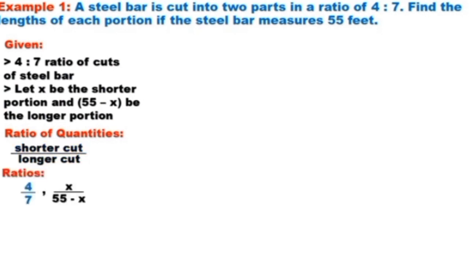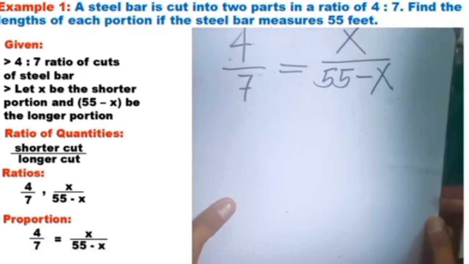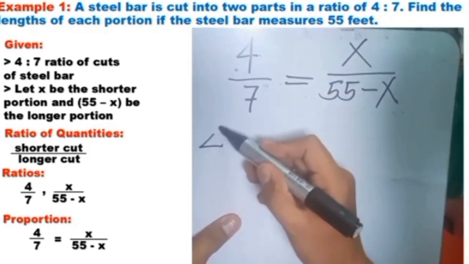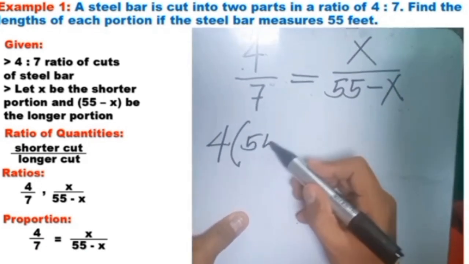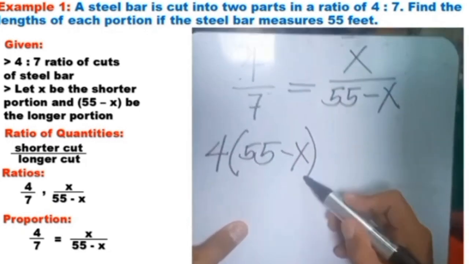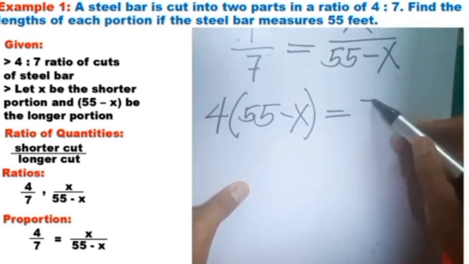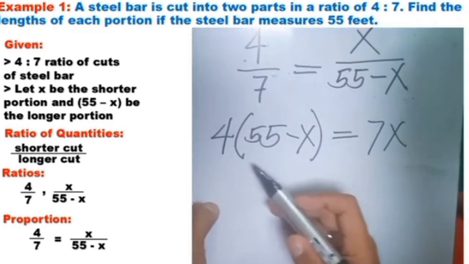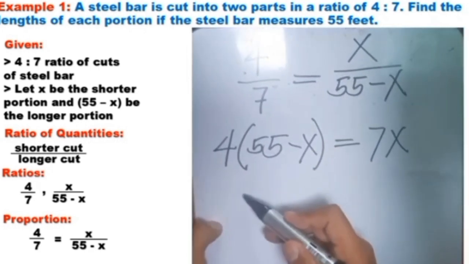The two ratios in our problem will be 4:7 and X is to 55 minus X. And our proportion to solve: 4:7 as X is to 55 minus X. To solve for X in this proportion, again, cross multiply. So we have 4 times the quantity of 55 minus X equals 7X. Remove the parentheses by distributive property. 4 times 55 equals